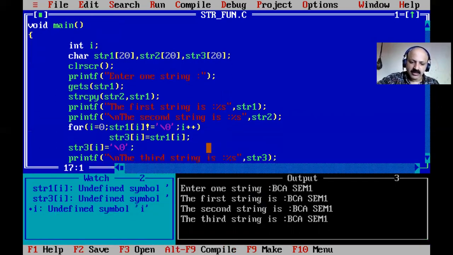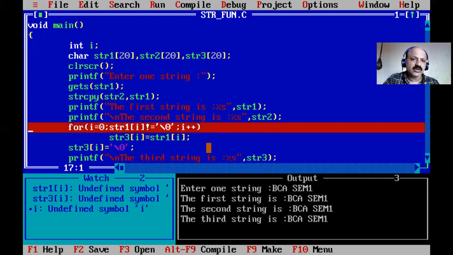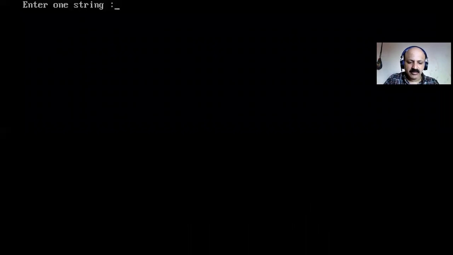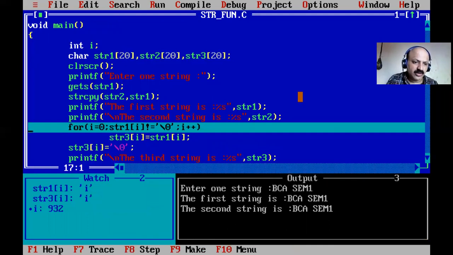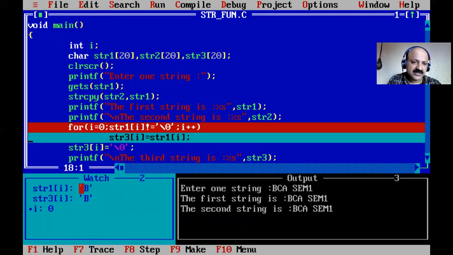You have to know very well here: Control F8 is the start, and we do not trace everything, but we can trace our for loop. F8 is the red selection. Now the watch starts directly at the for loop. So I scan BCA SAM1. Enter, so it just comes out. Here you can watch: at first there is no value being taken, because I is 0, then it takes a value. Now that garbage value is there, but now I press F7, so the first letter, B, is selected.